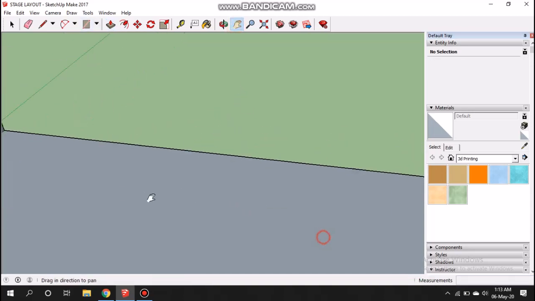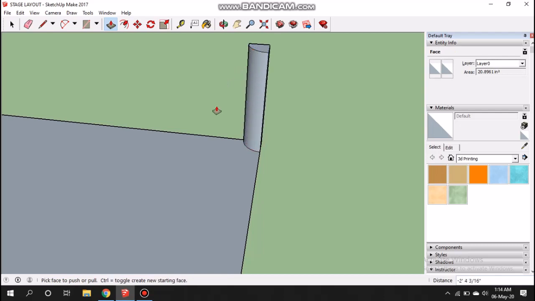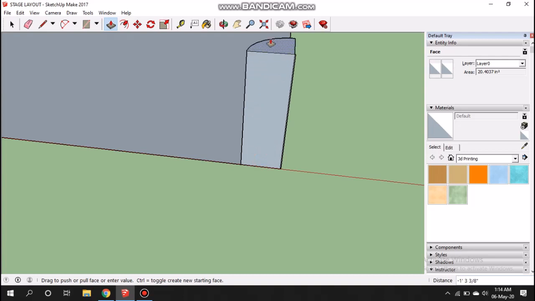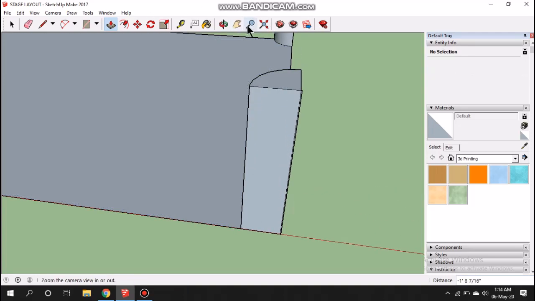Now pan to the other side. Here we also choose the push or pull tool to make the pillar, and now for the fourth corner, click and extend with the push or pull tool.